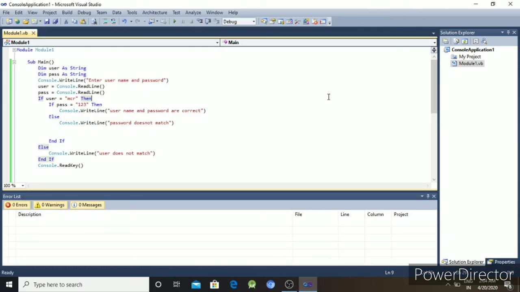I hope you understood the statement of nested if in VB.NET console programming, the concept of the nested if statement.